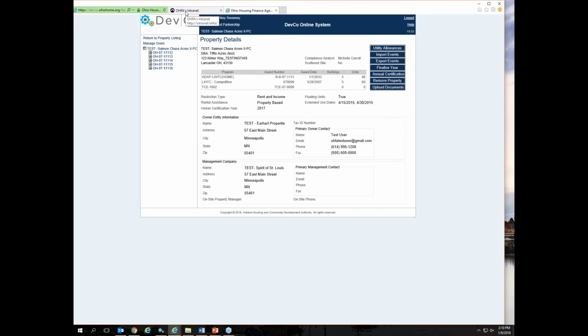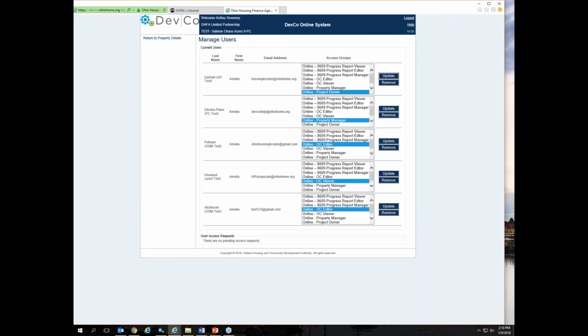Okay, first we want to discuss managing users in Delco. When you register in Delco, you're asked about permissions you want access to. The online project owner should always register first in Delco. This person gives access to all of the other users on the project. The project owner has permission to manage users, edit information, meaning adding tenant events and utility allowance information, and finalizing